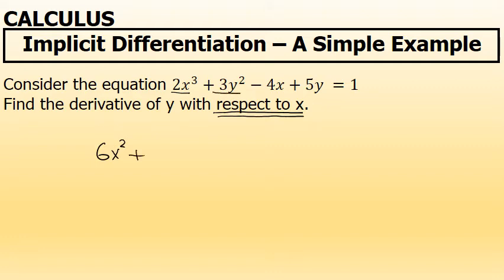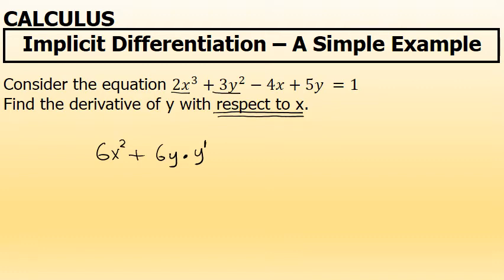The second term, 3y squared, does not involve an x. It involves a y. So when we take the derivative of 3y squared, that's 6y to the first power, but we're going to have to chain on a factor of y prime. Anytime you take the derivative of a variable other than x in this equation, we're going to have to include a factor of y prime, which is the derivative of y with respect to x,